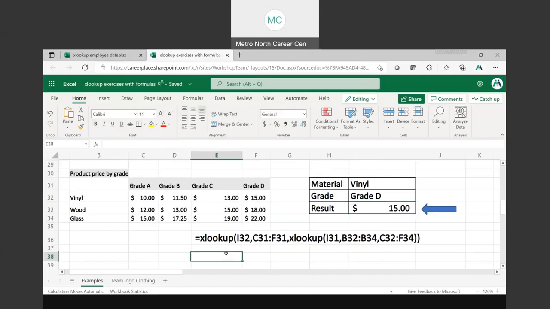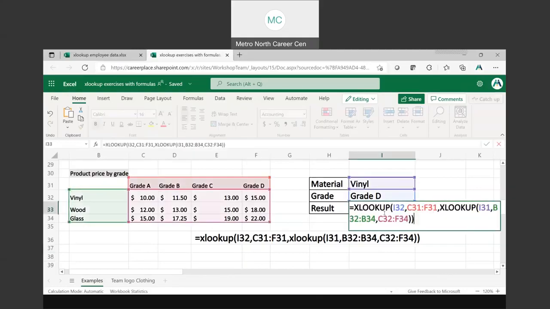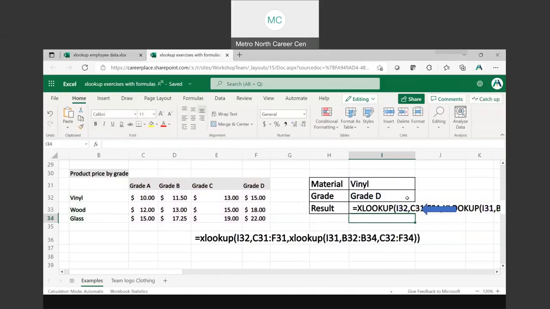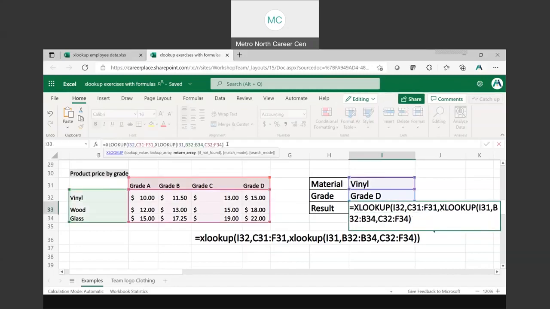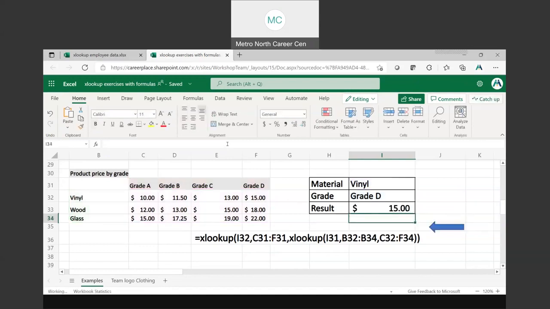And honestly, I hope I'm helping you make sense of it. The first couple of times that you might type something incorrectly. So let me double click on this and let me just put one parenthesis at the end and hit enter. And sometimes what Excel will do is fix it for you and put in two parentheses. And sometimes it'll say, nope, you see the entire XLookup here, which is thinking it's just text. So if I go to the formula bar and I put in another parenthesis and enter, now it is a